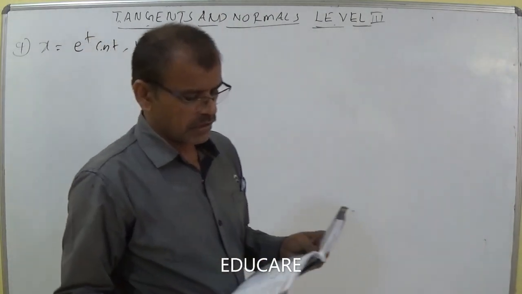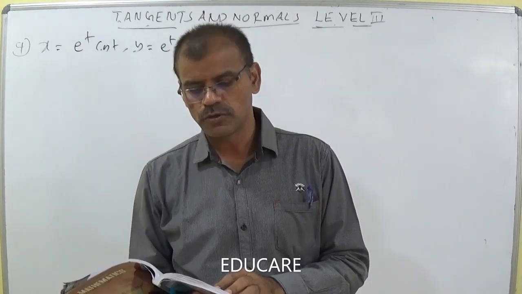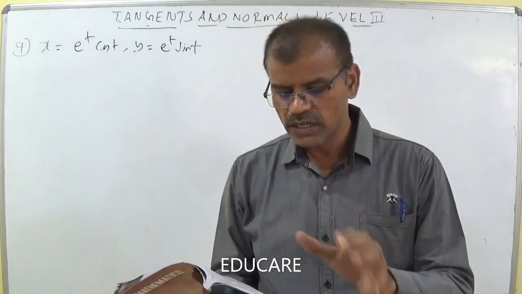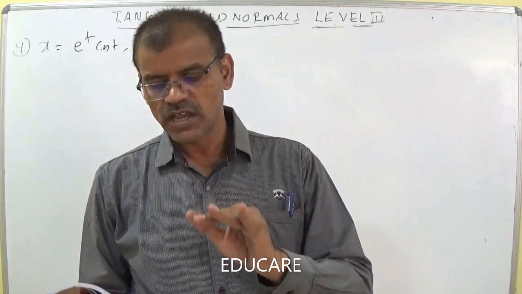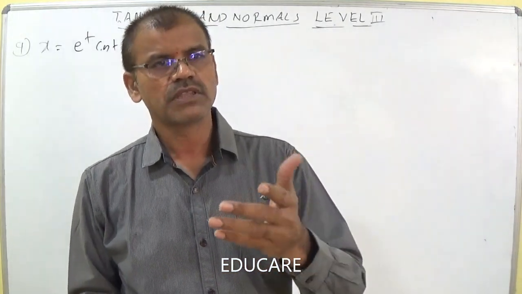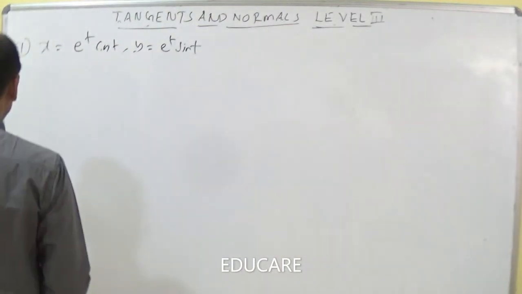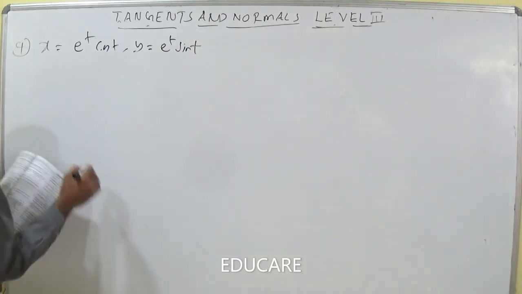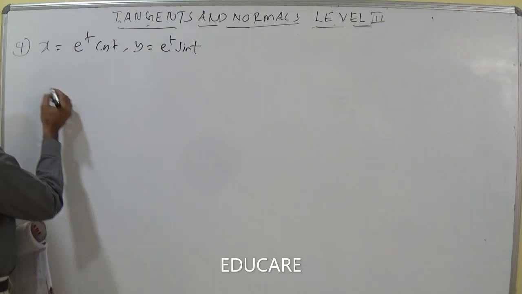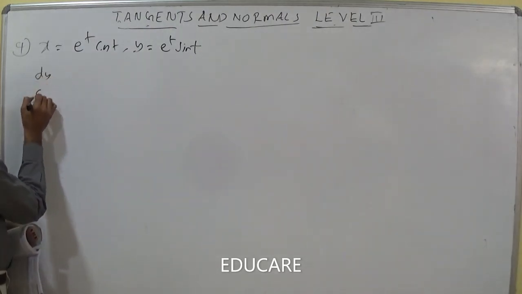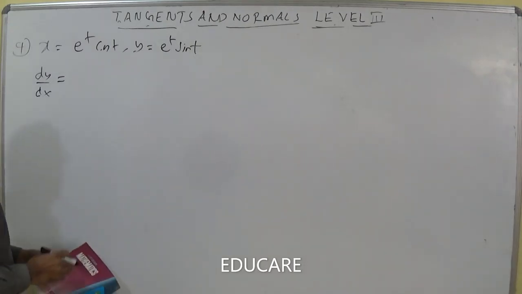We should calculate the tangent to the curve at the point t is equal to pi by 4, which makes an angle with the positive direction of the x-axis. So here we have to find the tangent. Whatever value we get for the tangent, we can then substitute. So first of all you should calculate tan alpha, that is dy by dx, with parameter t equal to pi by 4 given. I am writing dy by dx to calculate the slope of the given curve using the parametric point.